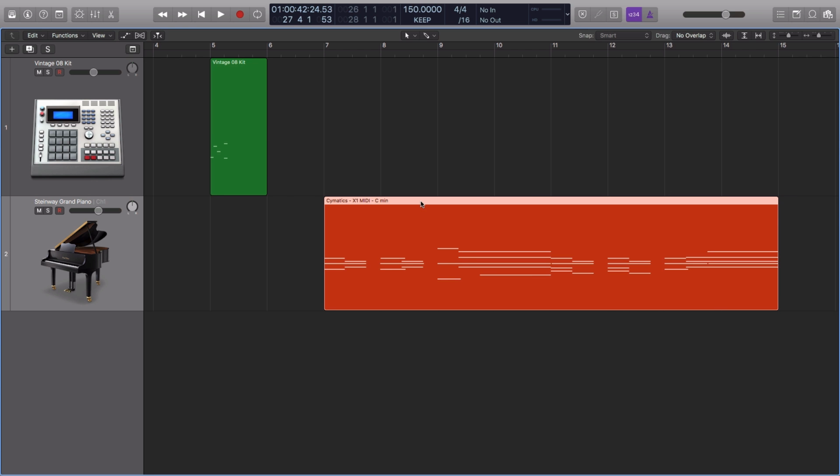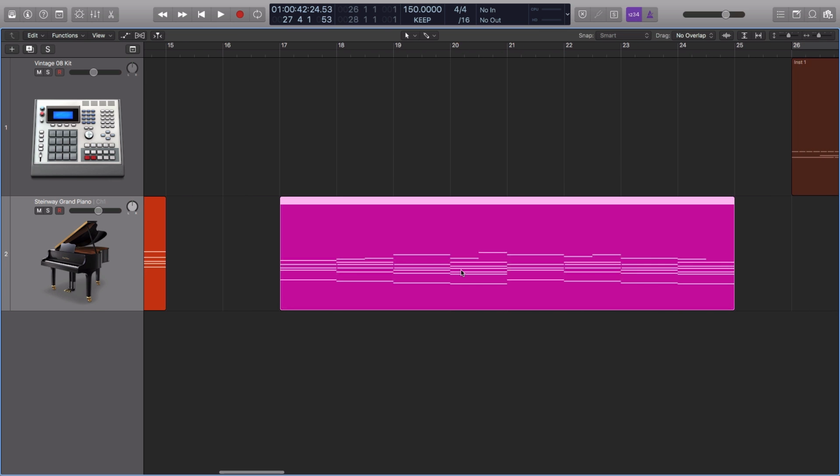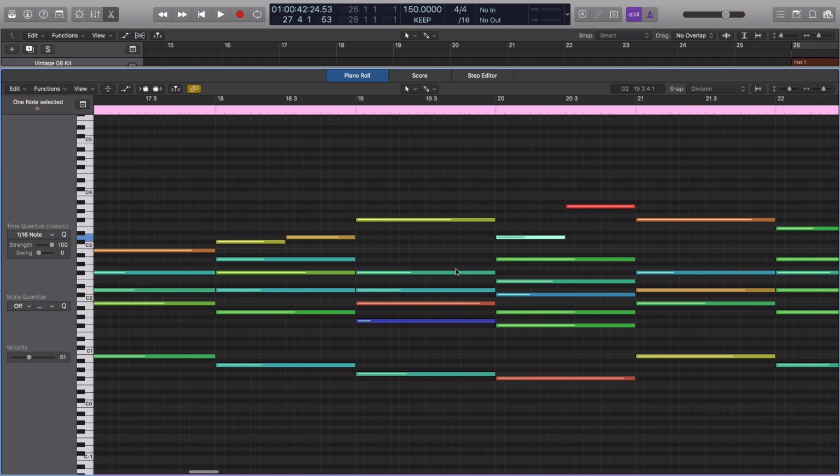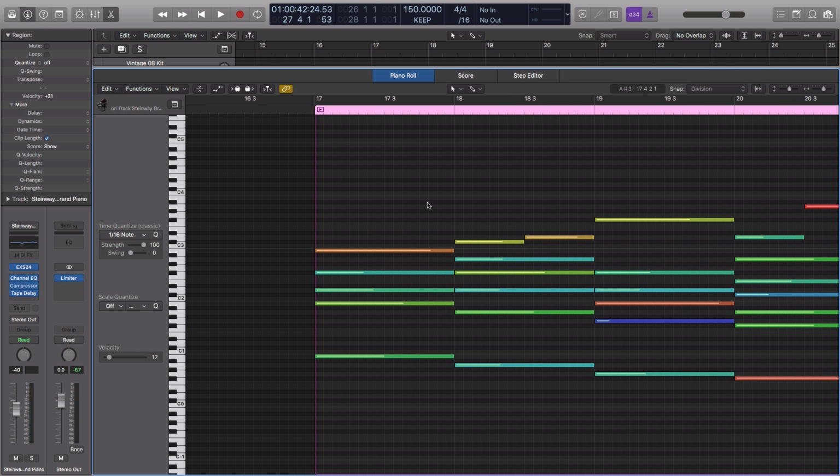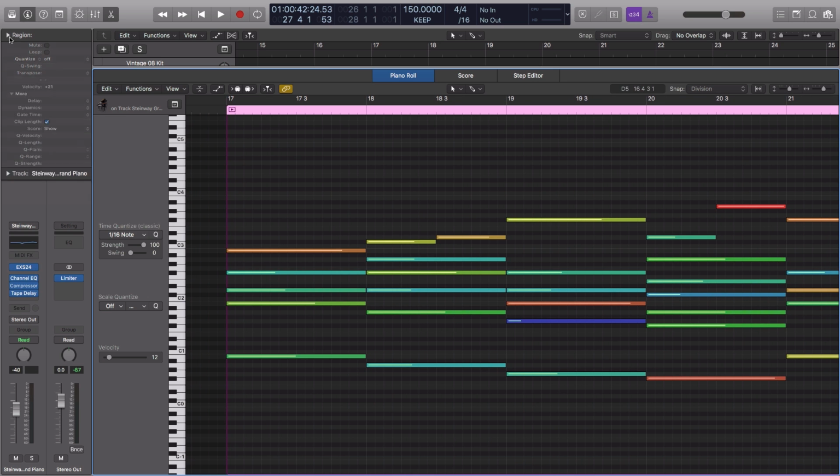Okay, let's close out of this and check out this MIDI region. As you're probably noticing in here, there's a lot of velocities going on with these MIDI notes. And that's totally great. Sometimes you need that, but sometimes, especially with electronic music, if you're writing synth parts or something, that can actually get in the way and be kind of annoying. So let's check out what the inspector has to offer in terms of MIDI. If we open up the region menu, there's a sub-menu here called More. And there's some really cool features in here, but I just want to direct your attention right now to the